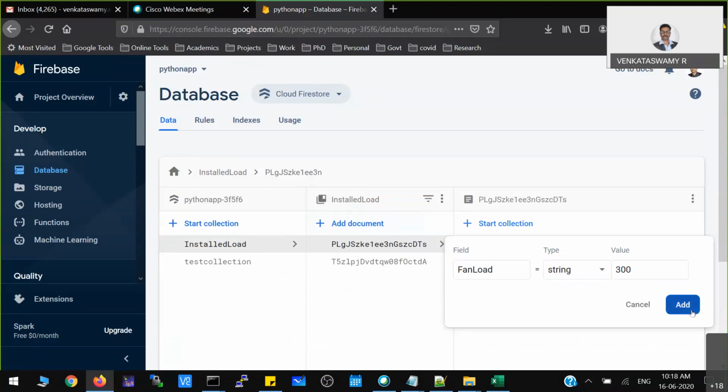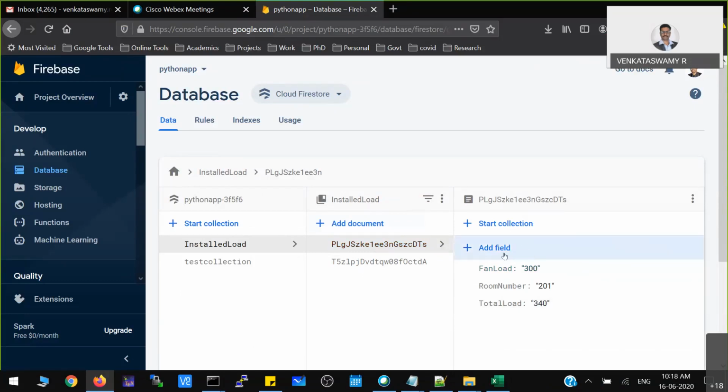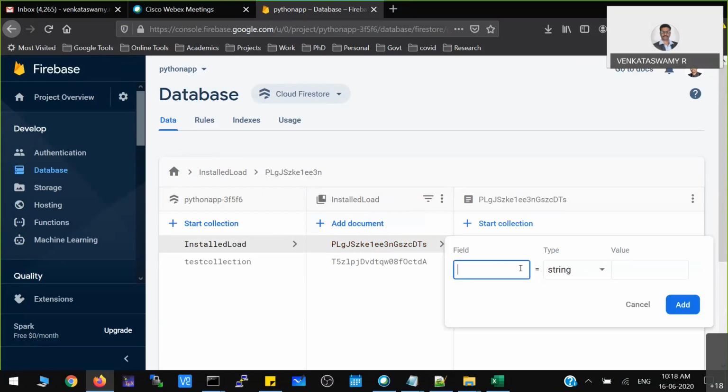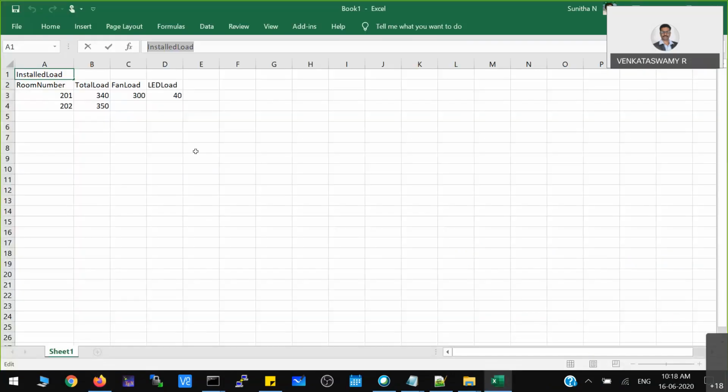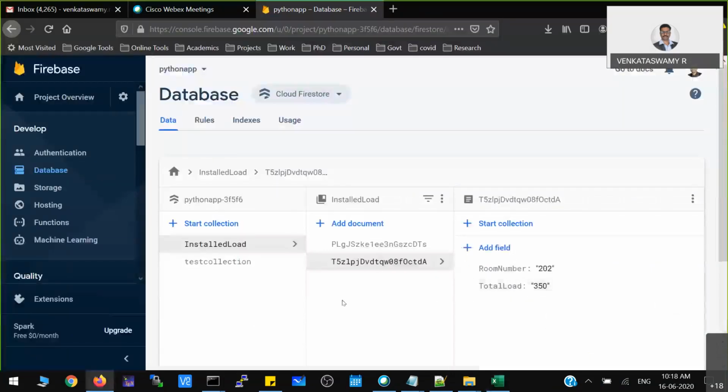Whatever available data you have, you just have to add in the database. Okay, so here 40. Can you see here that I had records? But when you go to the second document ID, I don't have that information. So I just left it as it is. You understood, no? So in this way, you can create a database in Firebase cloud.